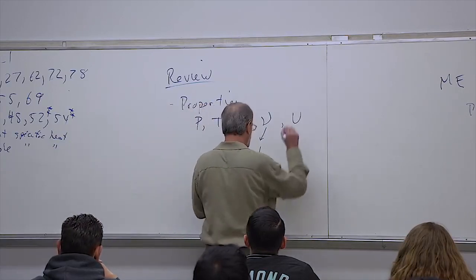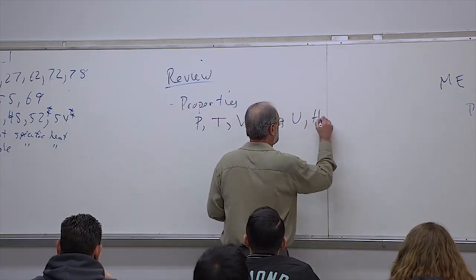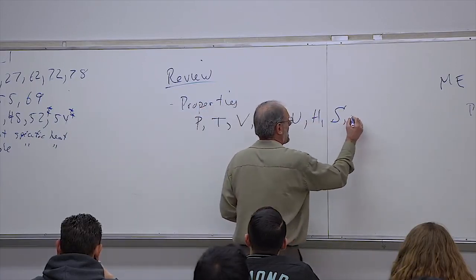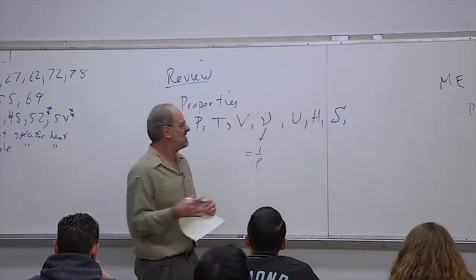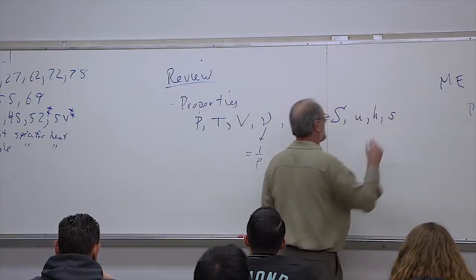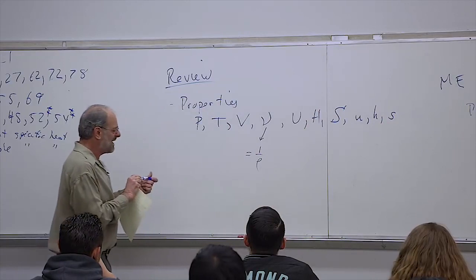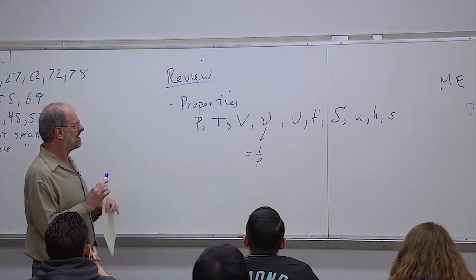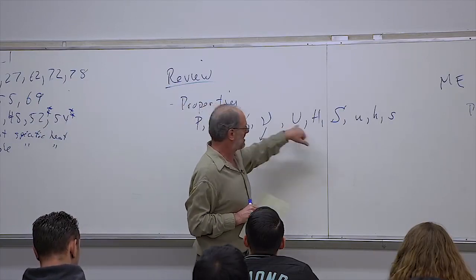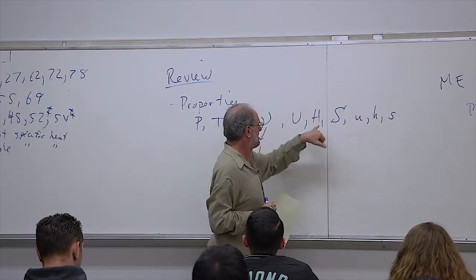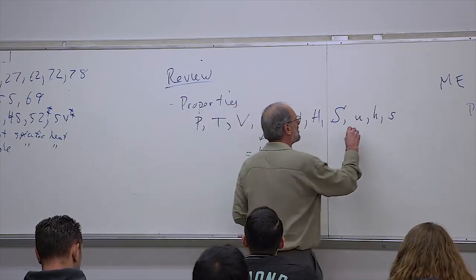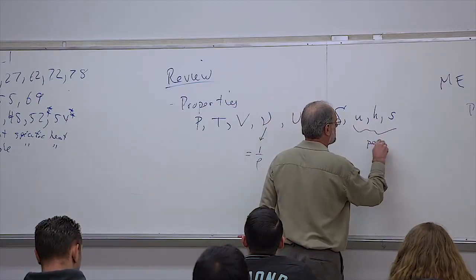We also have internal energy and enthalpy and entropy. And then, of course, we have the specific properties, right? We would have specific internal energy, specific enthalpy, specific entropy. I'm going to try again real hard to make sure that all the variables right on the board are clear. There's definitely a difference between the total internal energy and the specific internal energy, the total enthalpy and the specific enthalpy. Just keep in mind that these specific properties are really just per unit mass, right?